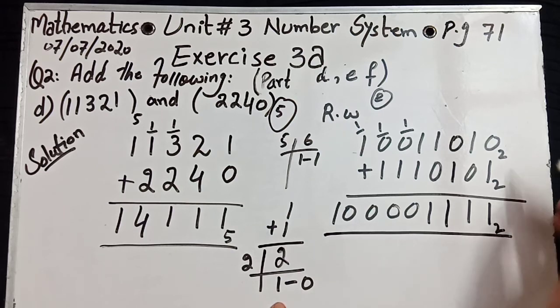Base 2. Base is given, so we put base 2 system. In the base 2 system, in the question also we have only 0 and 1. Not 2, not greater than 2, like 3, 4, 5. Okay. This question is in base 2 system, so we use only 2 digits, 0 and 1, in the answer also.